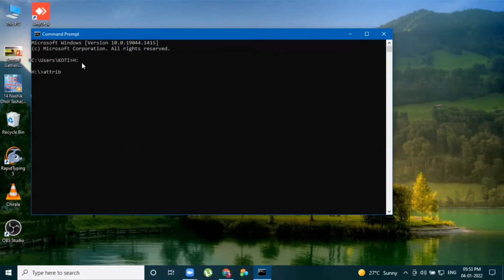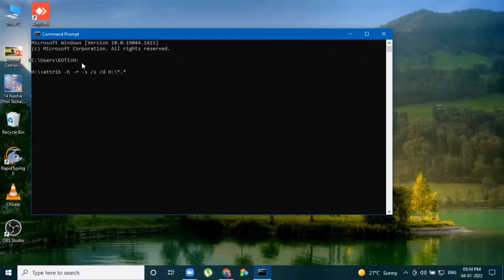ATTRIB space hyphen H space hyphen R space hyphen S space slash S space slash D space drive name, H drive colon, backward slash asterisk dot asterisk.